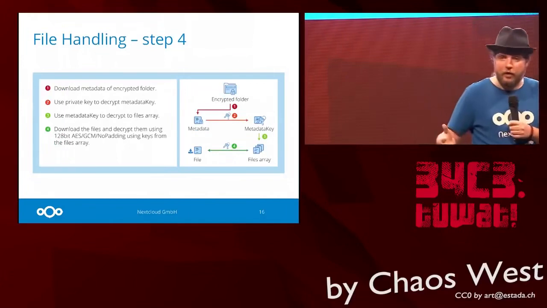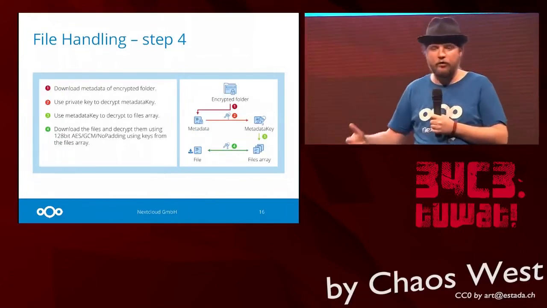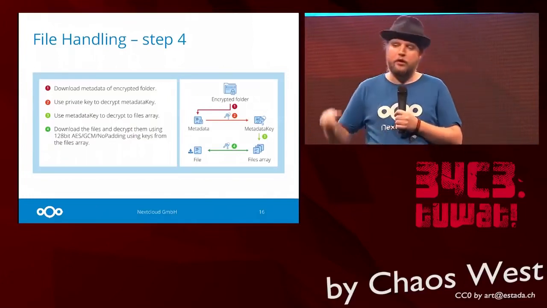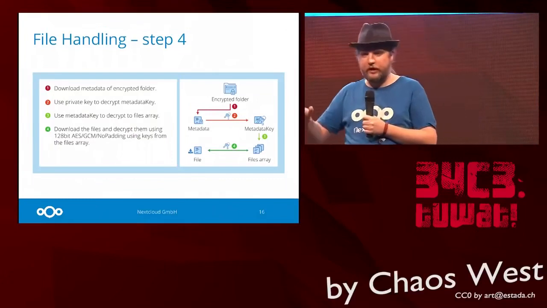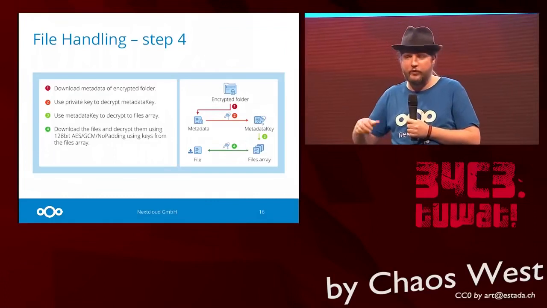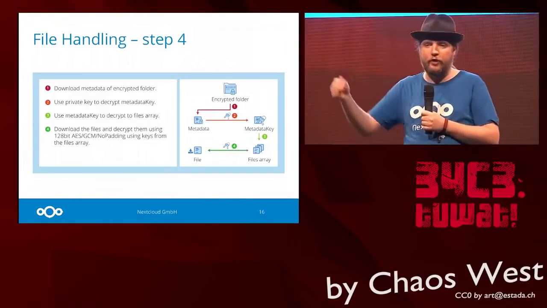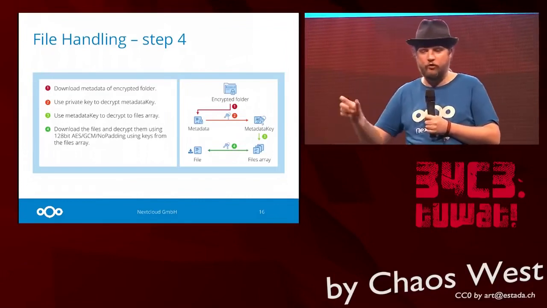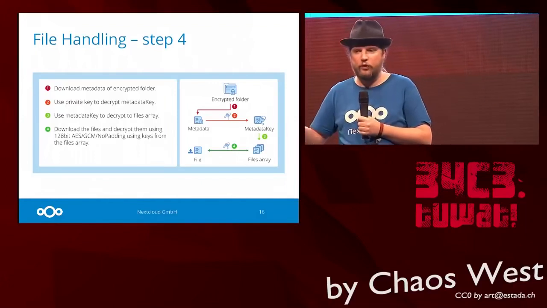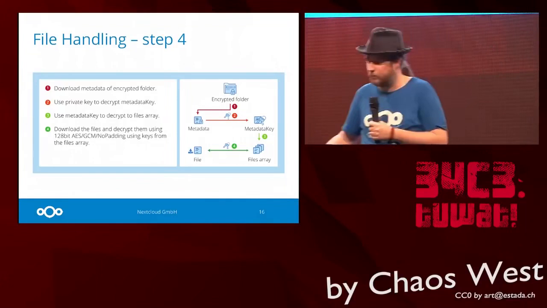So then the next step is your mobile phone will download the folder, download the metadata, use its private key to decrypt the metadata key, use the metadata key to decrypt the data in the metadata file, which will then include the file name and the UUID of the file. It will then download the file, decrypt the file using the file key from the file, and you have your data now on 2 devices without the server having had a chance to see what you were doing.